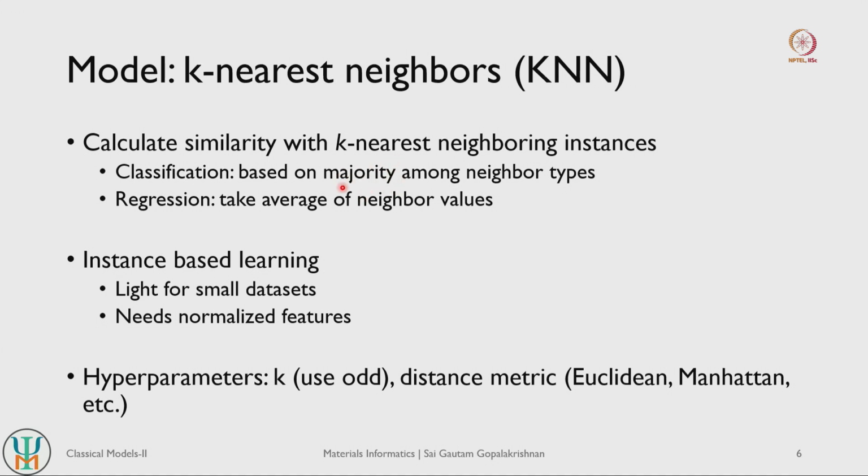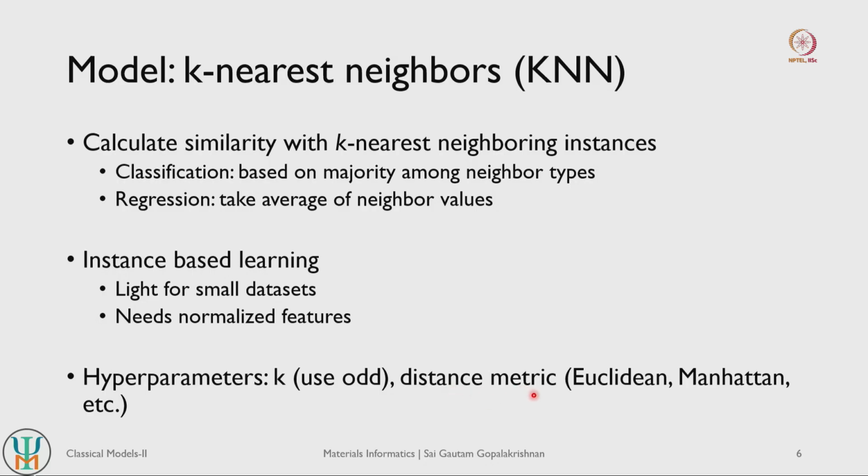So let us say you take 6 nearest neighbors and you calculate similarity metrics, and let us say you get an even split. So 3 are of one type, 3 are of another type, then the model cannot assign a label for the new data point. Whereas if it is 5 or 7, it can always break a tie, so you can always have a majority of one set of labels. So k is one important hyperparameter, and how you calculate the similarities between different data points is another hyperparameter.